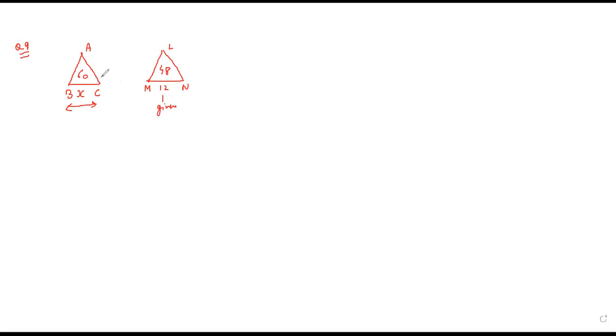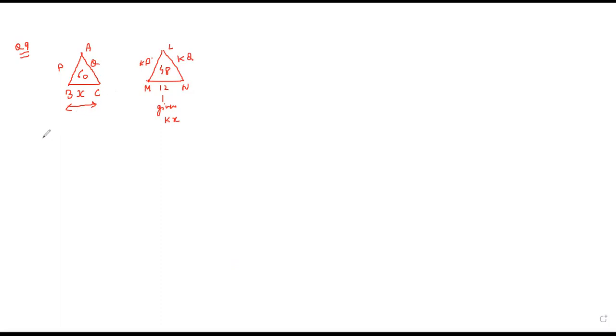Sum of the three sides of the triangle, and it is also given that the triangles are similar to each other. So similar to each other means if I take this side as P, this side must be K times P. That means the ratio of the two sides must be equal. If this side is X, this side must be K times X. If this side is Q, this side must be K times Q. I hope this is clear.